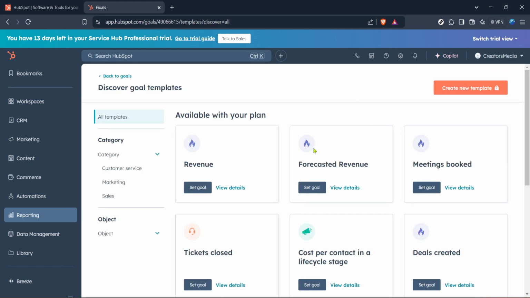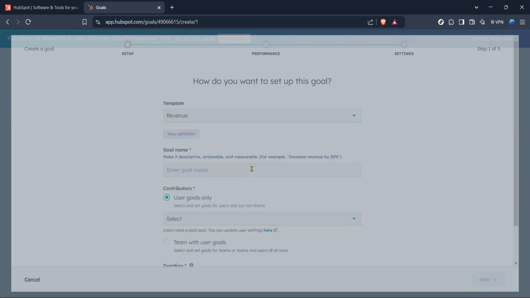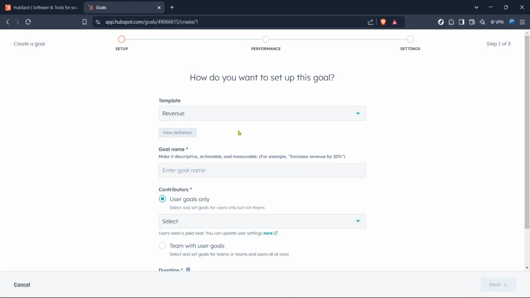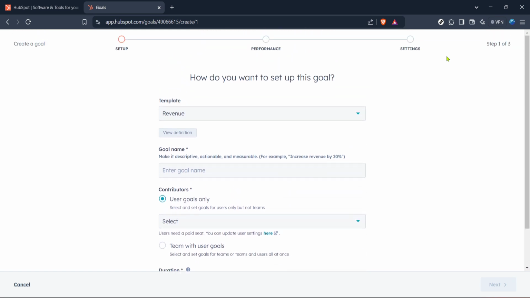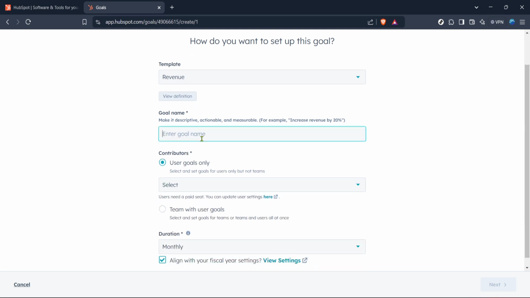Now that you're in the Goals section, you'll see a button labeled Create Goal. Click this button to start setting up your new sales goal. This action begins the process and initiates a guided setup where HubSpot helps streamline goal creation. It's user-friendly and allows you to focus on defining what you truly want to achieve without getting bogged down by